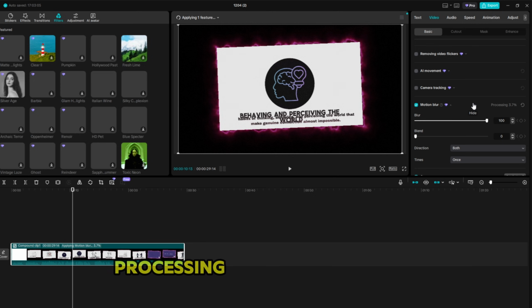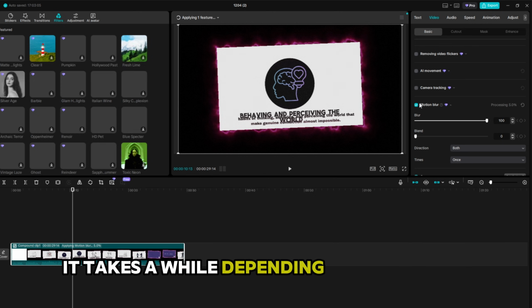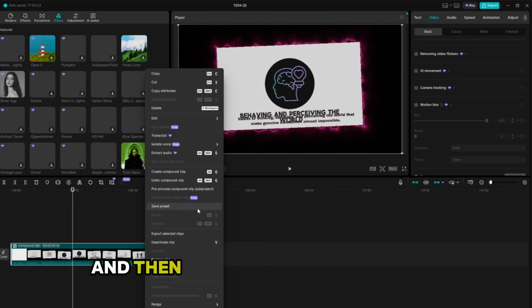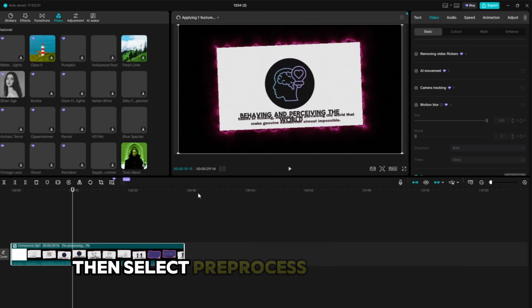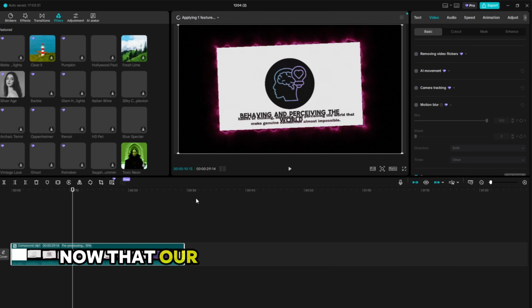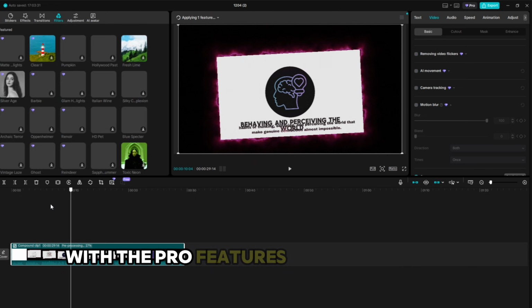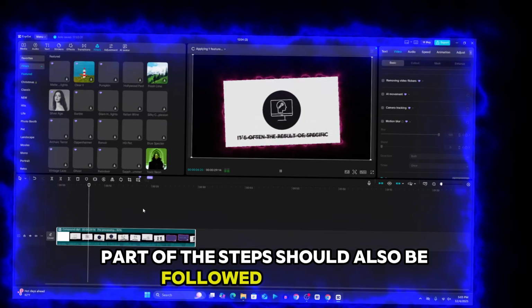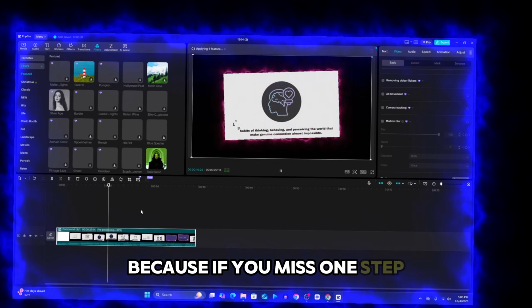finish processing. For the processing, it takes a while depending on your video, so just wait patiently for it to finish, and then right-click on your video, then select Pre-Process Compound Clip. Now that our motion blur effect is done processing, it's time for you to get your video with the pro features you have used when editing. This part of the step should also be followed carefully, because if you miss one step, it might not work